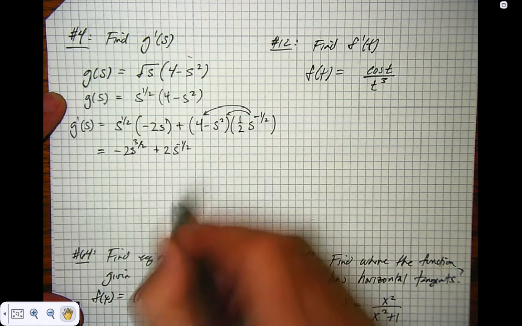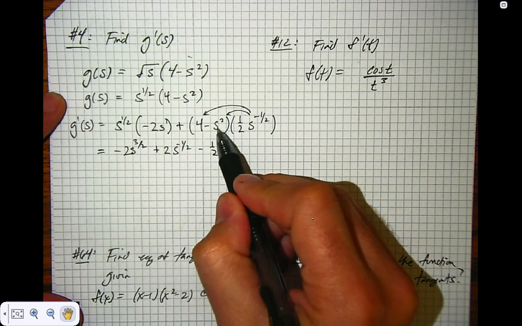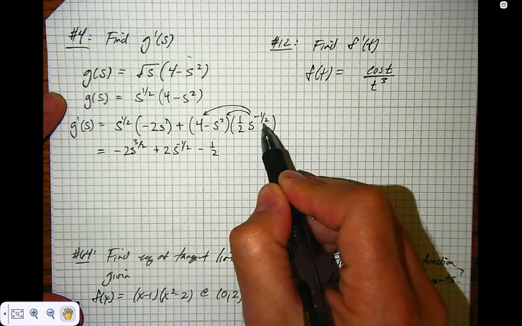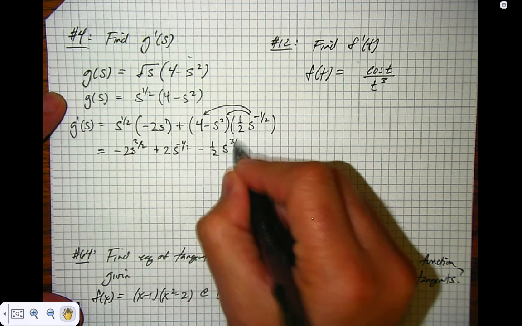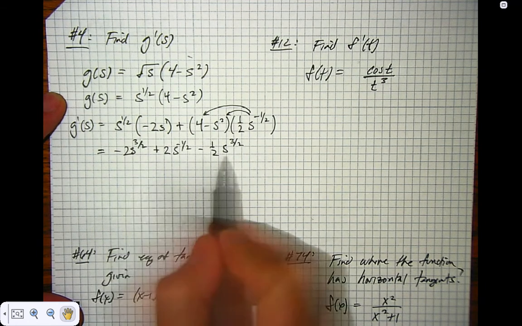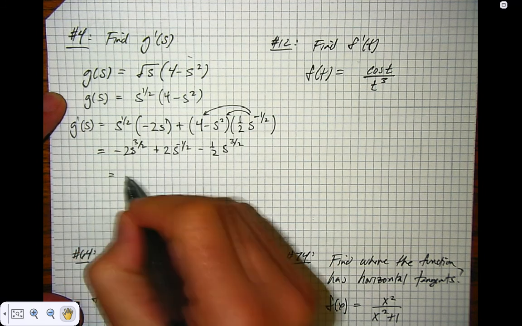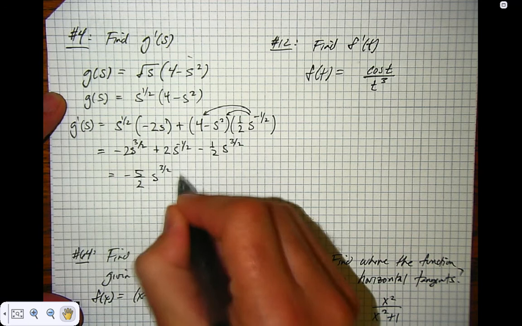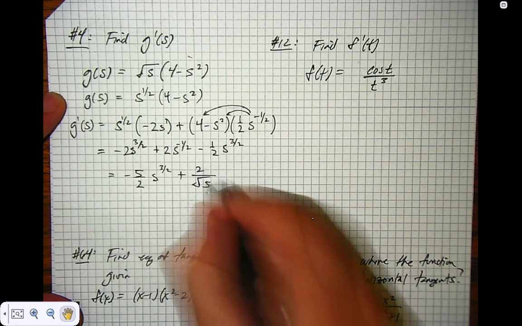Then I distribute it to this, which would be negative 1/2, and s squared times s to the negative 1/2. When I add those up, 2 plus a negative 1/2 is 1 1/2, or 3/2. All right, so it seems like we can combine these. I've got negative 2, and I take away another 1/2, which is negative 2 1/2, or